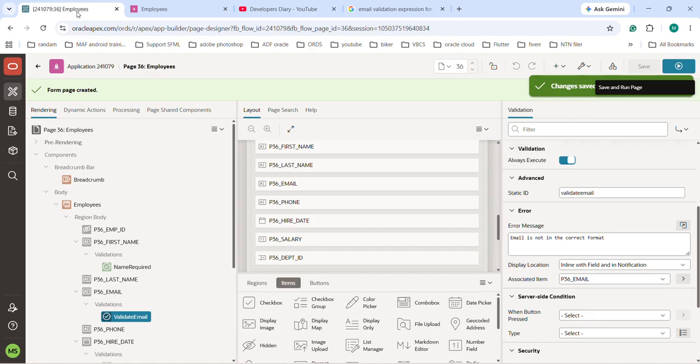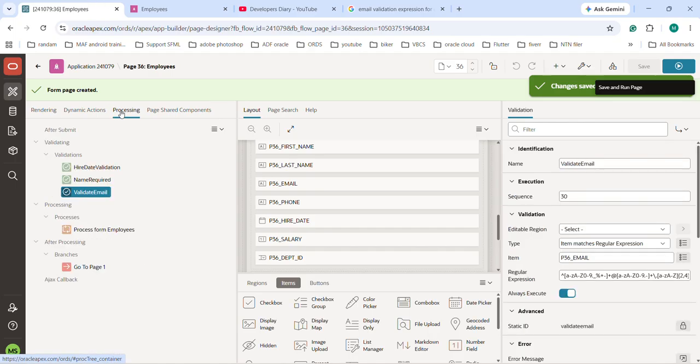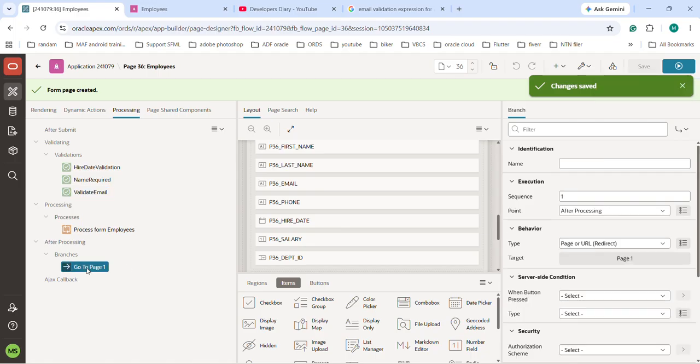For example, when I submit this page and I want to move to page one, in that case I will create a branch after processing. So you can go to the processing and you can see that there is a branch after processing and go to page